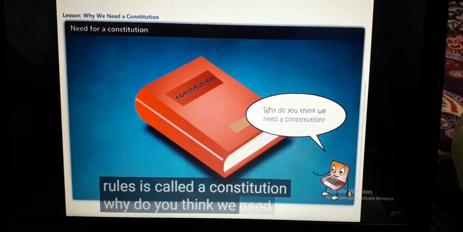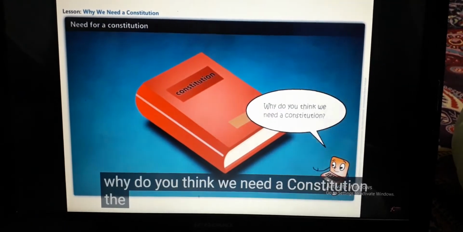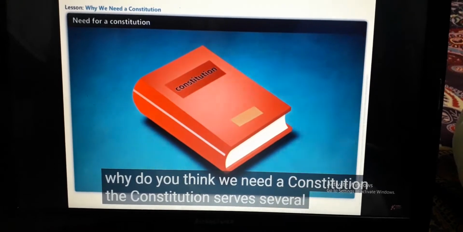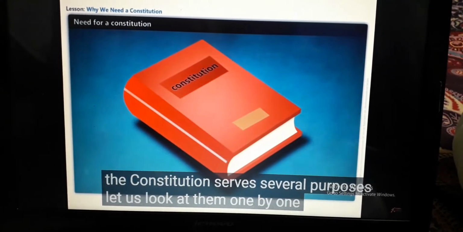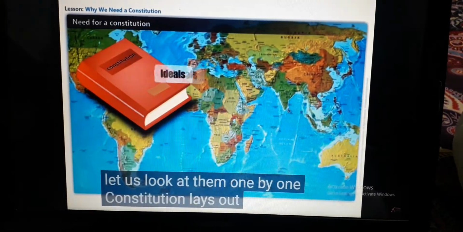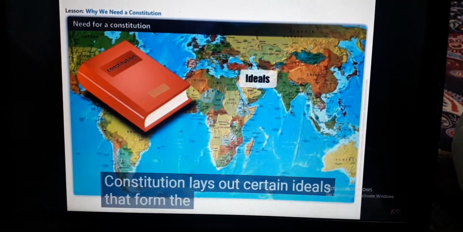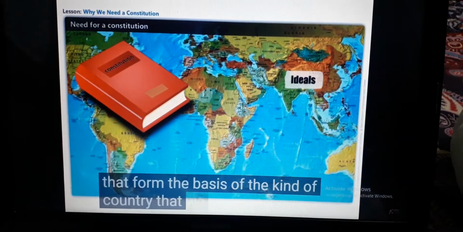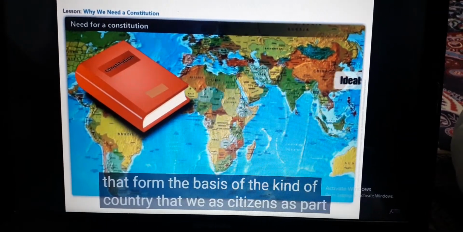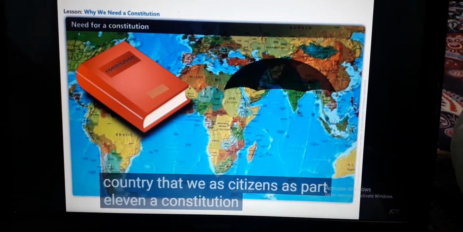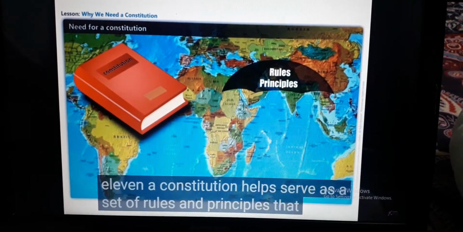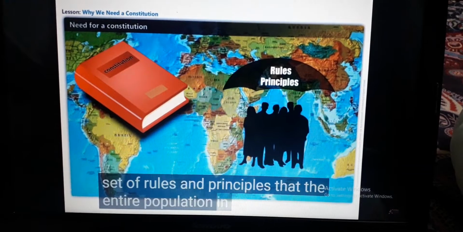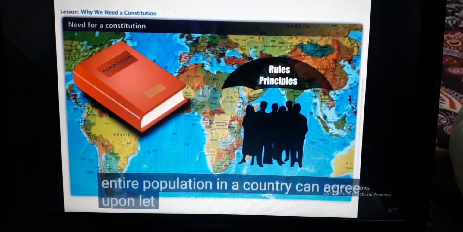Why do you think we need a constitution? The constitution serves several purposes. Let us look at them one by one. Constitution lays out certain ideals that form the basis of the kind of country that we as citizens aspire to live in. A constitution helps serve as a set of rules and principles that the entire population in a country can agree upon. Let us